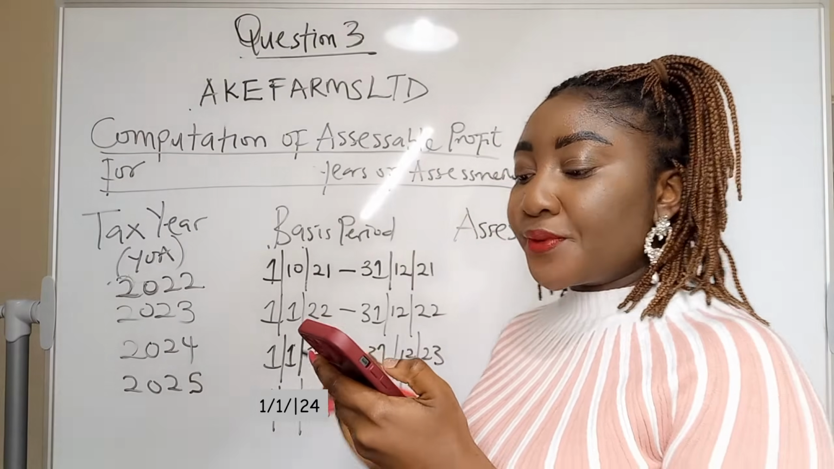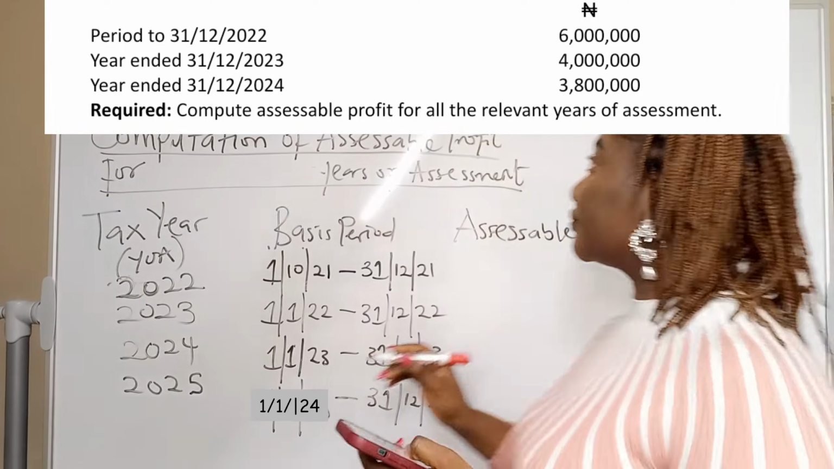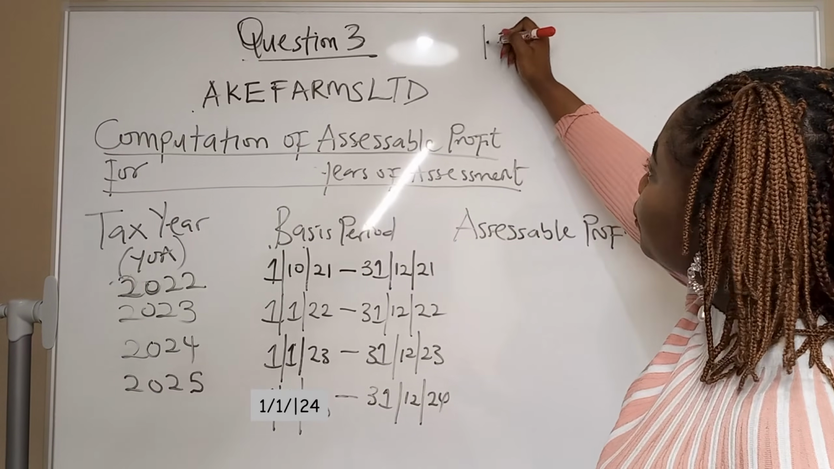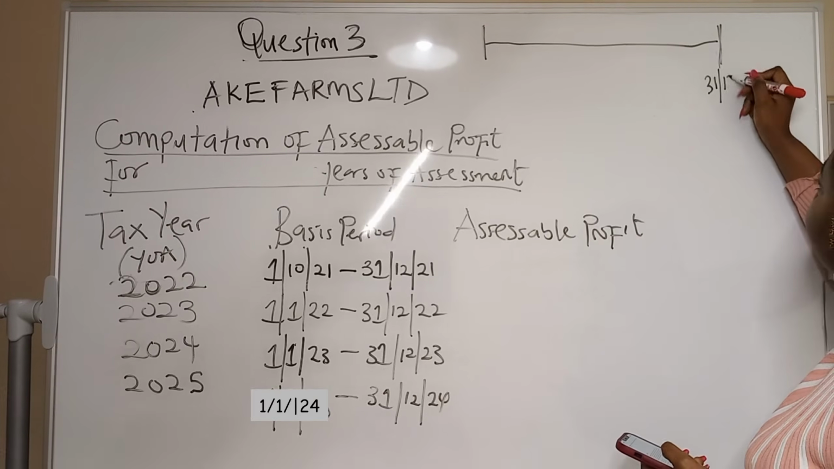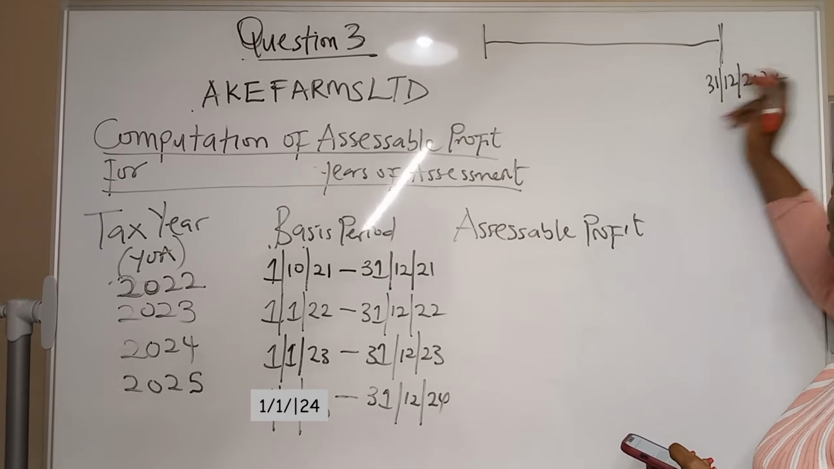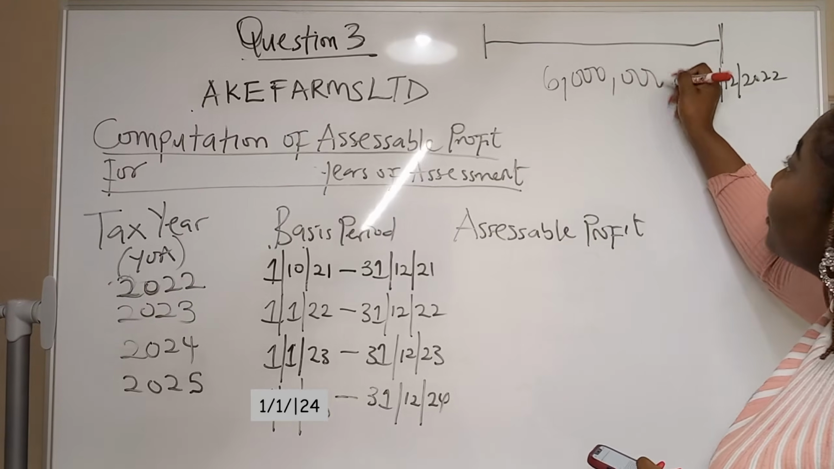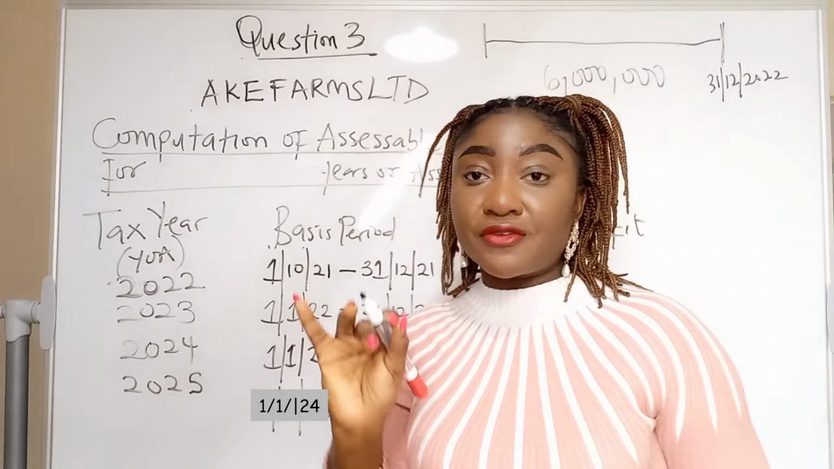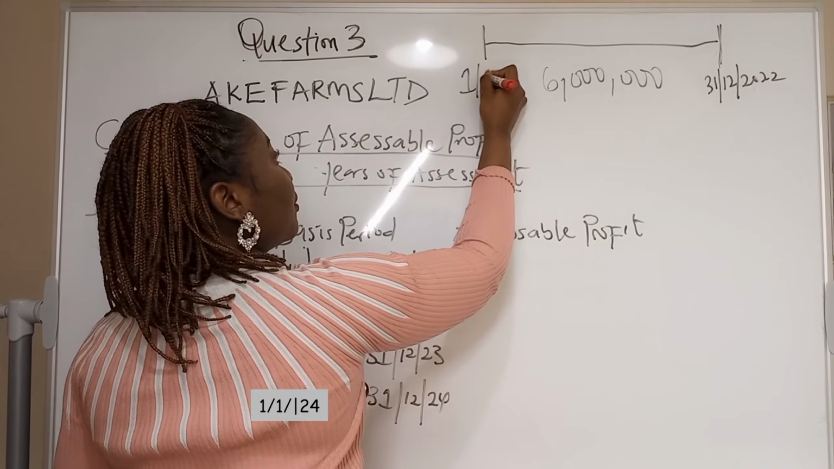Now we need to extract our profits. The question says period to 31st December 2022, there's a profit of 6 million. In this whole period, they made 6 million. Now, where did that period start from? It's obviously from the date of commencement, which happened to be what? 1st of October